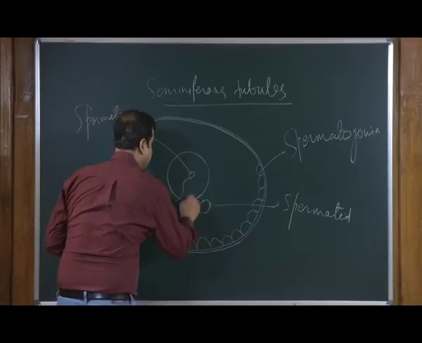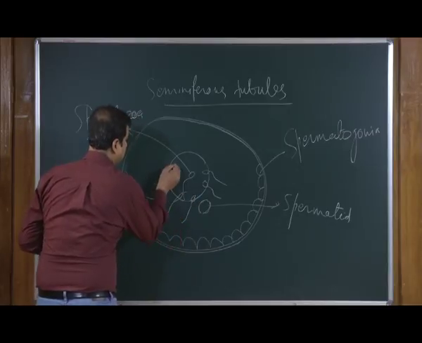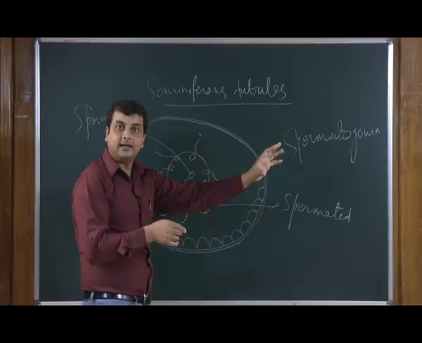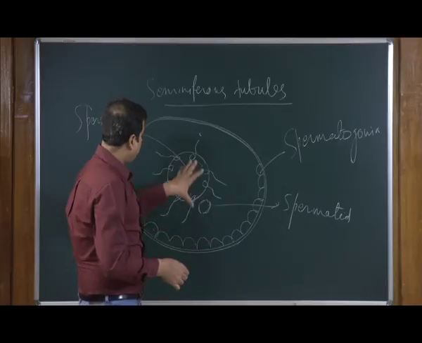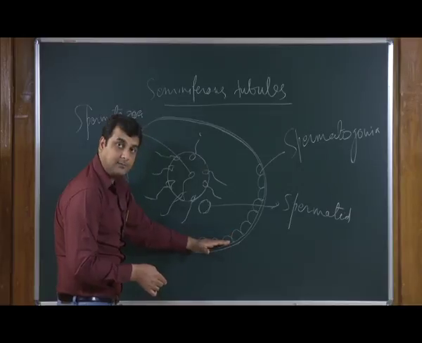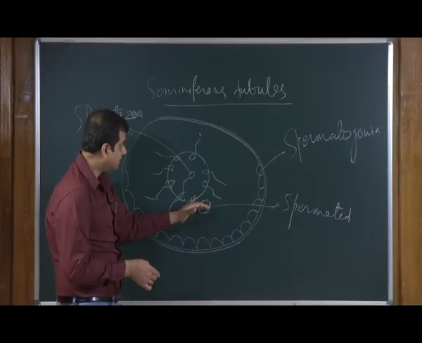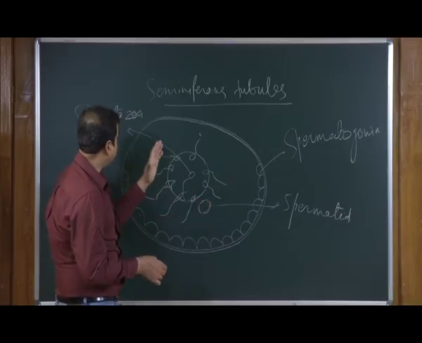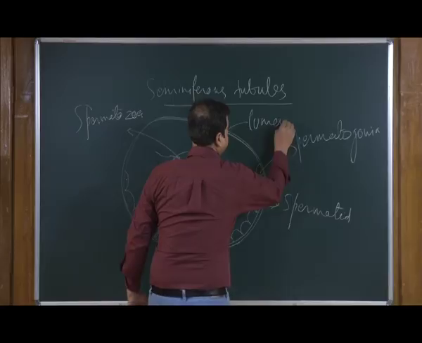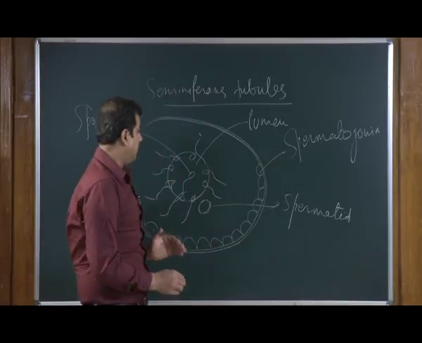In the middle we have this lumen. Each spermatozoon is arranging itself towards the lumen, and from this lumen it is migrating towards the ductal system. So, in general this is the picture. The things are getting migrated from the basement membrane. The spermatogonial cell is giving rise to spermatids, and from the spermatids we are getting mature spermatozoa that are lining towards the lumen, and from there they are migrating towards the vas deferens